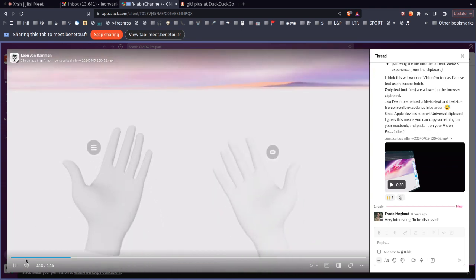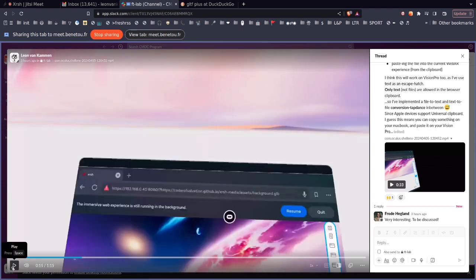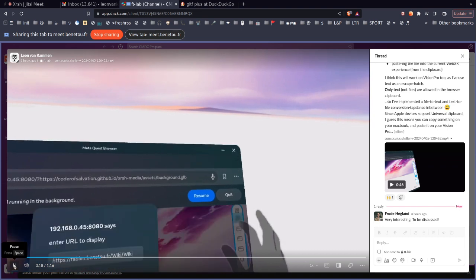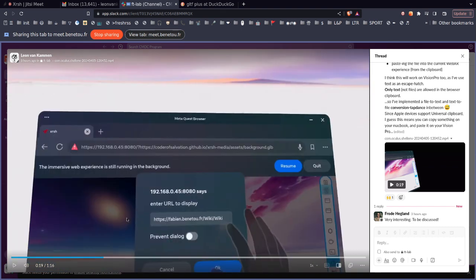So now I'm inside the WebXR immersive mode, and I'm pinching my right hand, which pops up this browser. This is very meta, by the way, that we're in our web page, looking at our web page. And now I've clicked the browse button, and so you can, for example, now visit your wiki, and